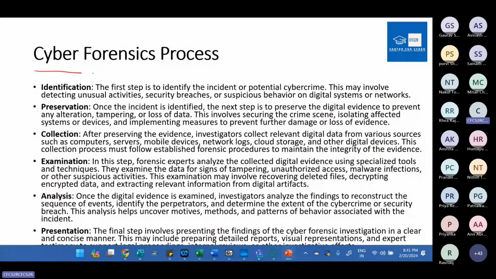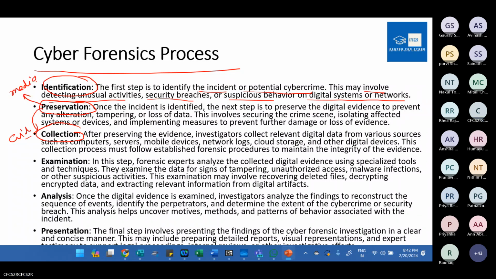So what is the cyber forensics process? The important first step is identification: what exactly happened, what is the incident, what is the potential cyber crime. It may involve detecting unusual activities, security breaches, or suspicious behavior on the digital system or network. Then you need to preserve the evidence, which I've already talked about. After preservation, you need to collect the evidence from the media. Then you need to examine the evidence, and analyze and